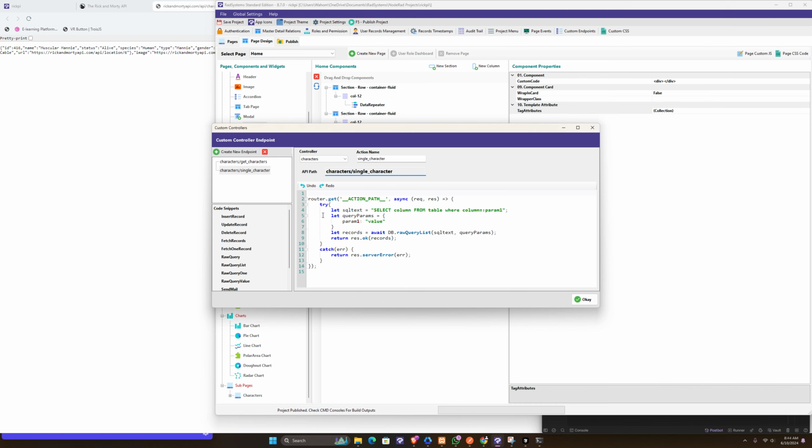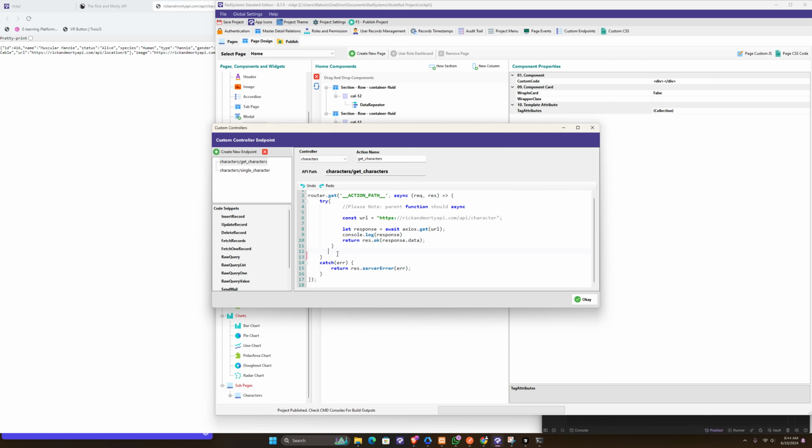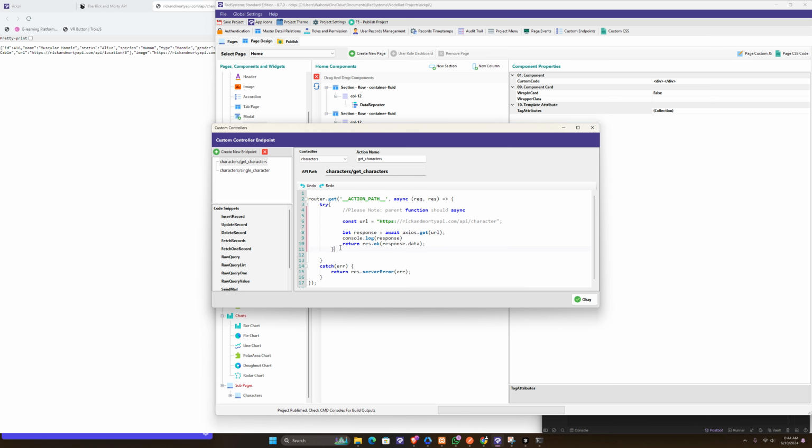Great. So now we have that. So get rid of this. And let's now just copy exactly what we have here at the top. Now remember, we don't really need try and catch, right? So we don't really need 2 of these. We just need 1. Okay, so I'm just going to copy this and go to single character and put it